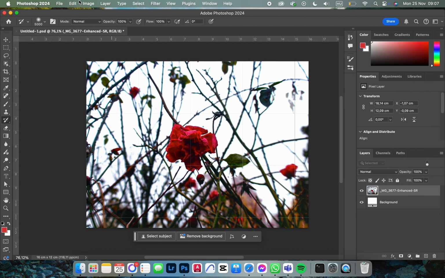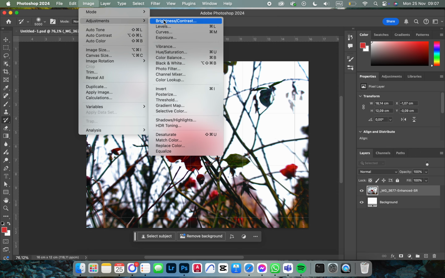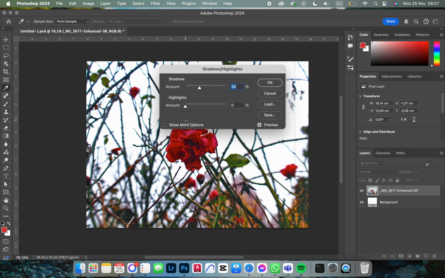From here we just go into the top row, click on Image, then we move on to Adjustments, and here we have Shadows/Highlights. We click on this,